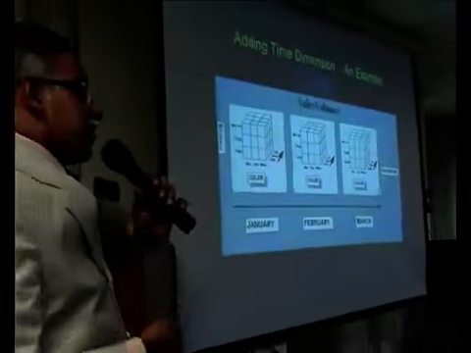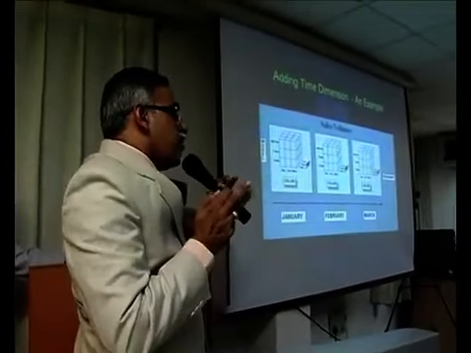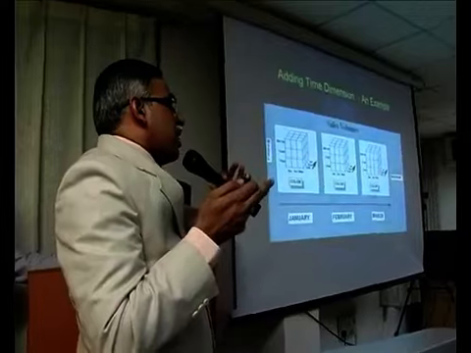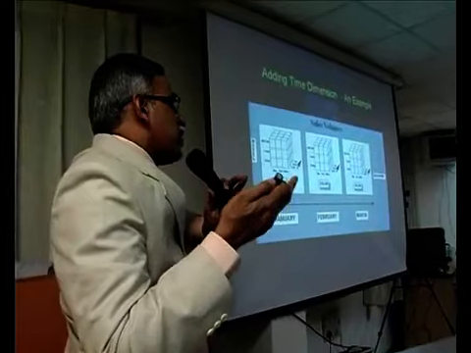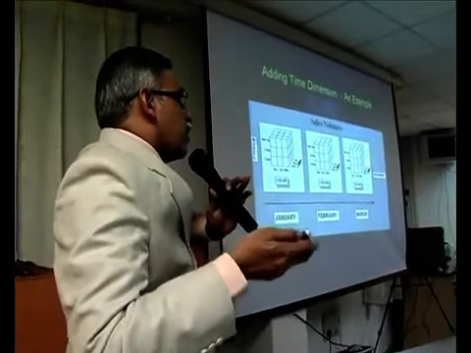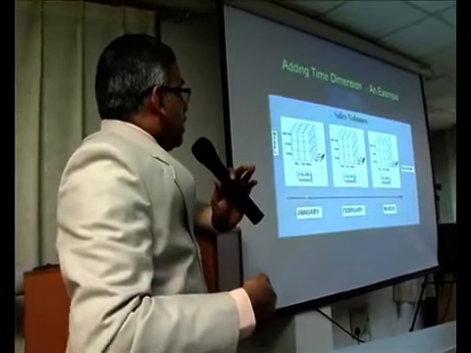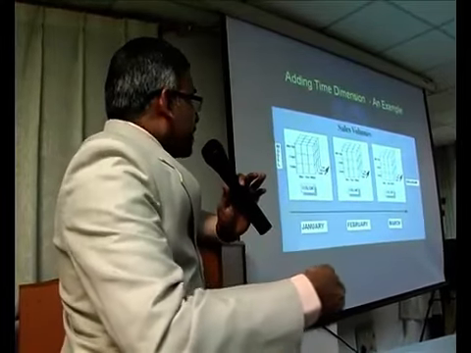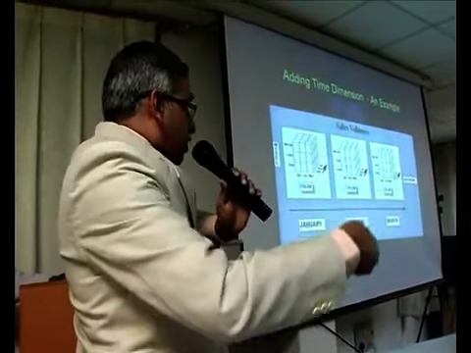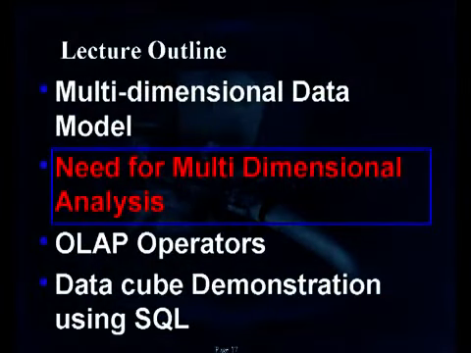Suppose I add one more dimension, say time. Time is added, then how do we represent it? You can view in an abstract sense what the sales are over different models of different colors in the month of January, then in February, March, April, etc. So for each month there is a 3-dimensional structure. One more dimension is added here. If you want to represent physically all these combinations of 4 dimensions, it is not possible. So this is called multidimensional representation.